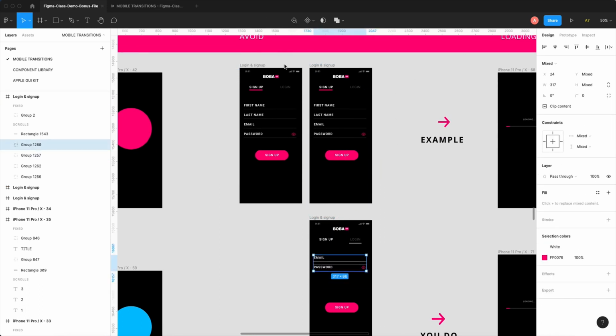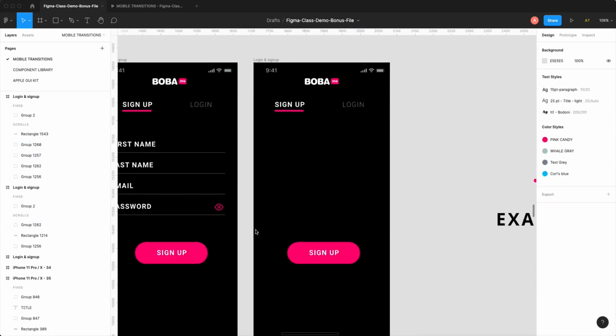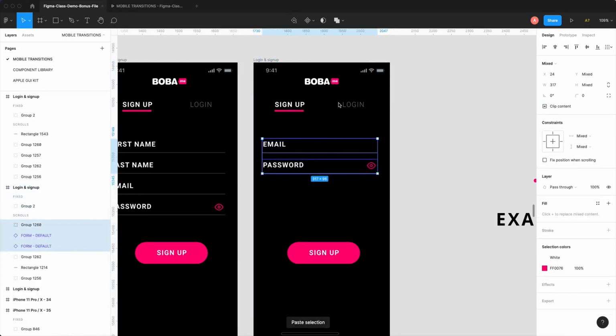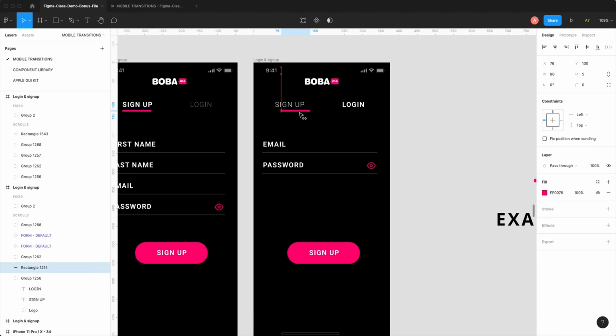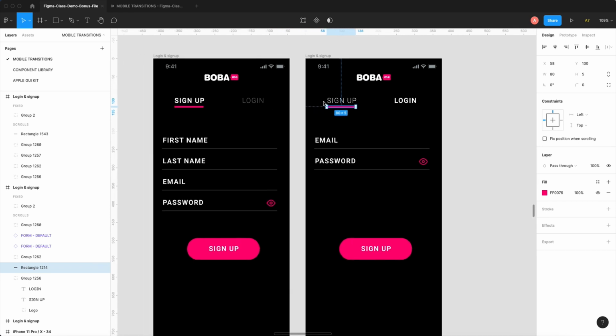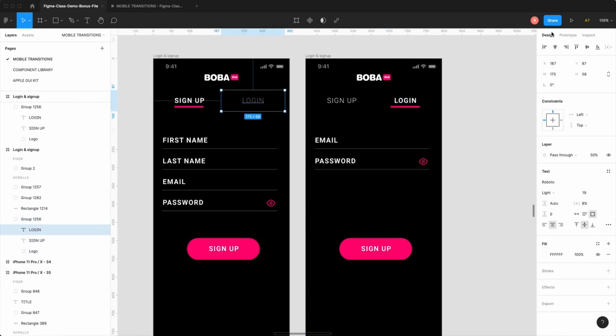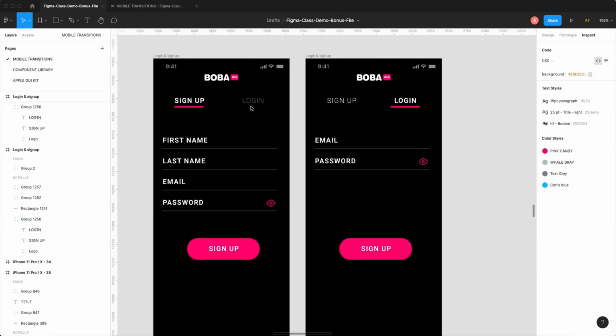I'm going to grab the login details and delete all of this. I'm going to grab the login text, press Command B to bold it, make it 100%, and do another Command B to unbold, make this a light font, and take the same rectangle here, and here's the key. I'm grabbing this same rectangle from the last screen, and I'm going to slide it over to login. And now when we press the login